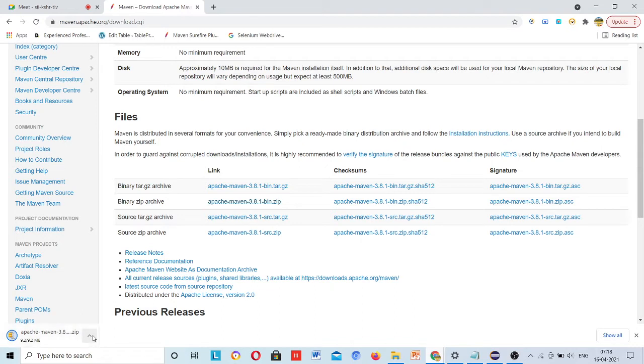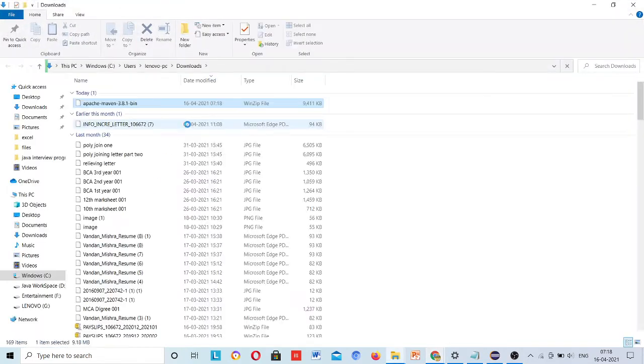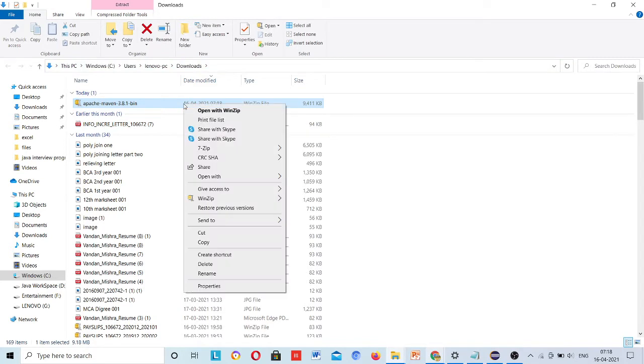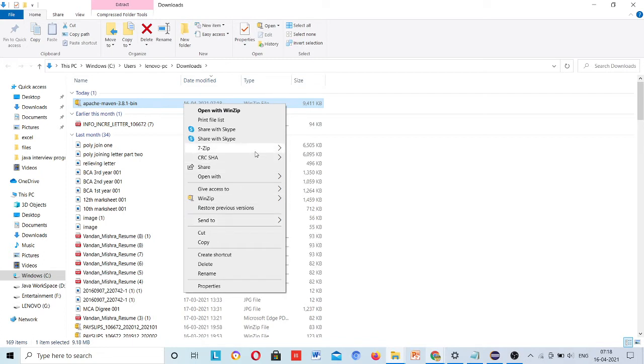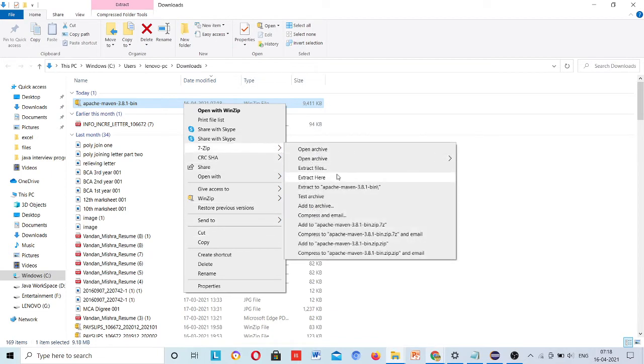After that, show in folder, it will open, and extract it. Okay, so save the zip and then extract here.